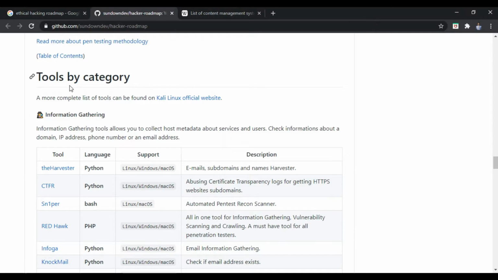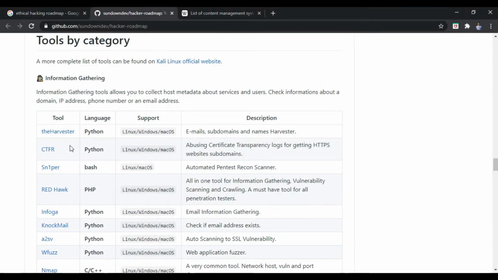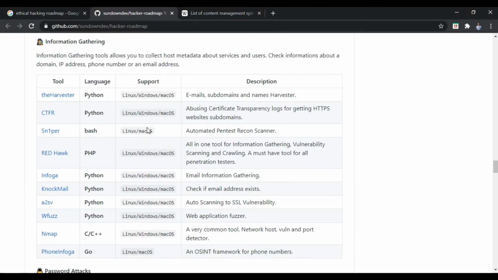Here are the tools you need to use in order to gather information. The most used tools are theHarvester, which is used to find emails, subdomains and names. The next tool is CTFR, which is written in Python, and works on Linux, Windows or Mac OS. In Linux there are several distributions such as Kali Linux, Parrot OS,